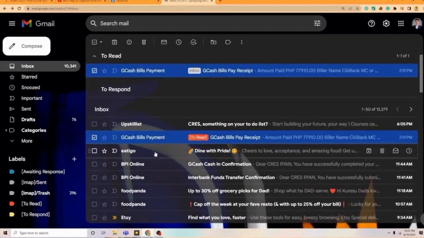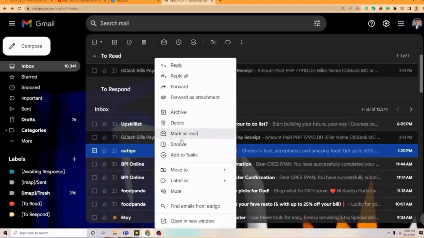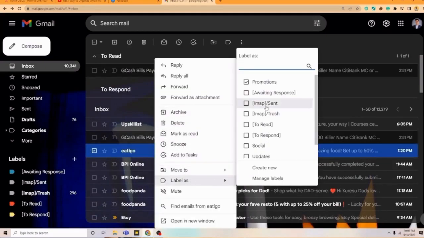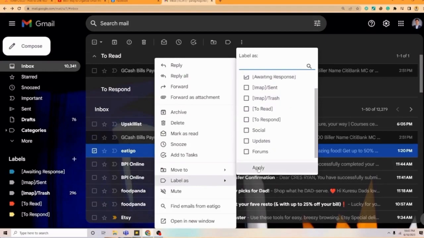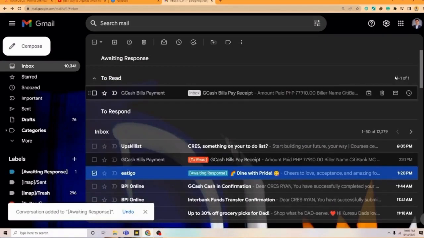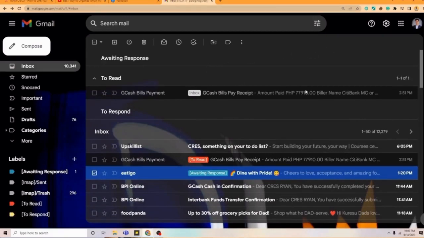Another thing, for example this one, we're going to label this as awaiting response. So we're going to apply. So technically, we can now organize our email into the different labels that we created. So there you have it. That's how we are going to organize our email